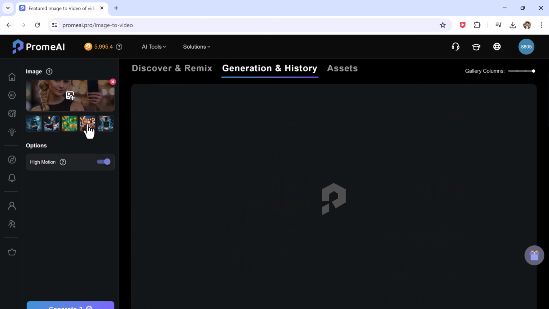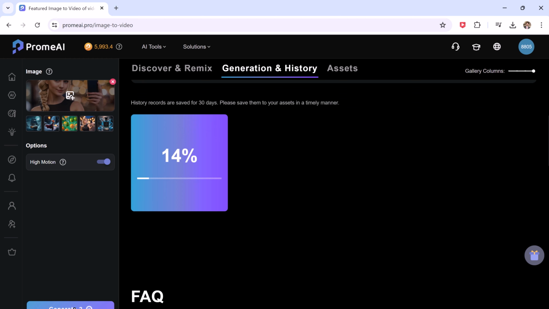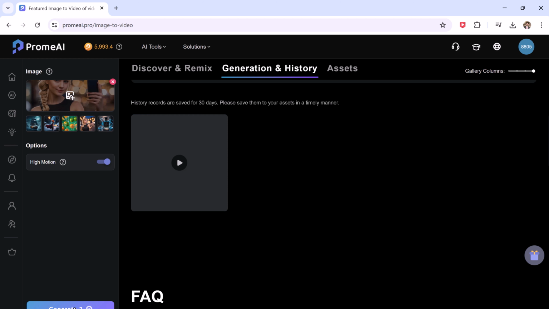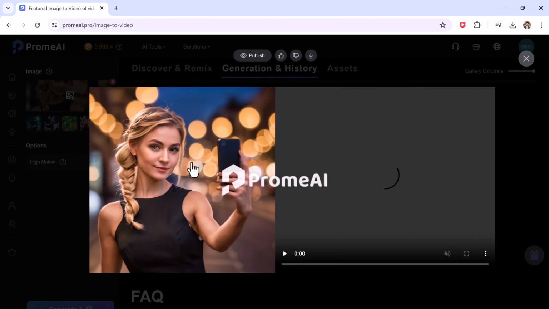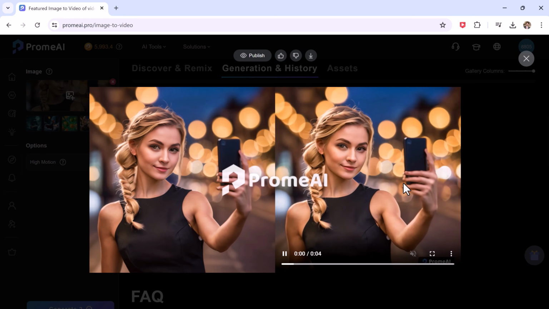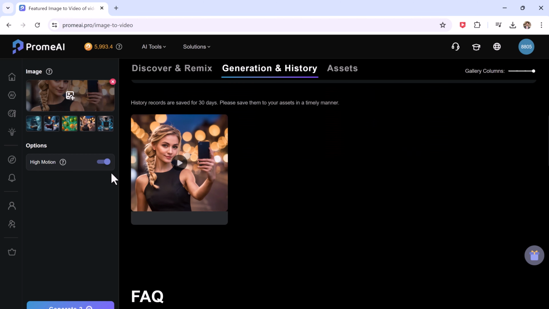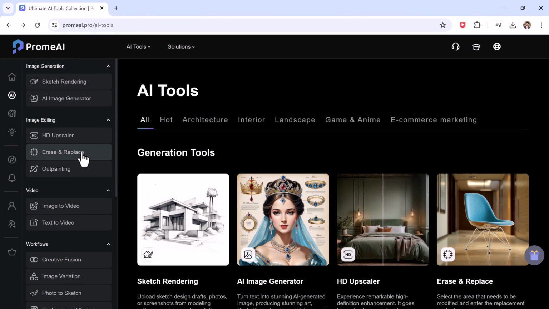Image to video feature enables users to convert static images into dynamic video content effortlessly. Utilizing AI technology, this tool seamlessly integrates images with transitions, effects, and music to create engaging videos. It's ideal for marketers, content creators, and businesses. It simplifies the video production process, allowing for the quick creation of promotional videos, social media content, and presentations. Simply upload your images and let Promi AI do the rest. This feature ensures professional quality videos that captivate your audience and enhance your visual storytelling.